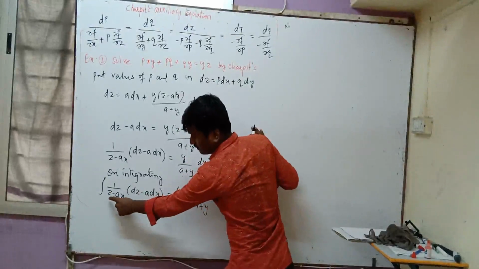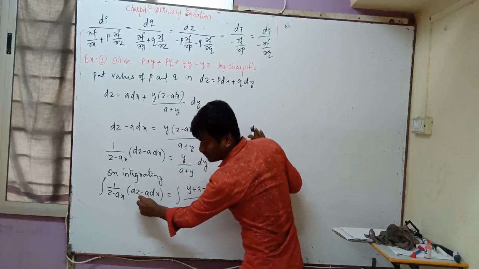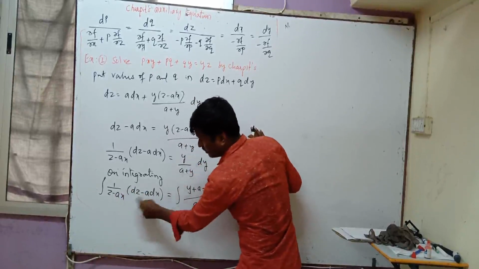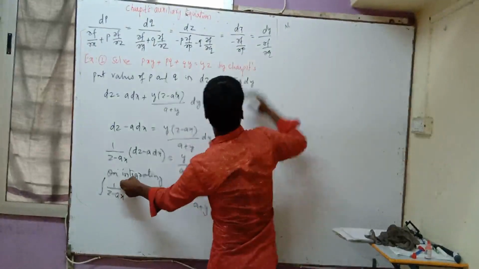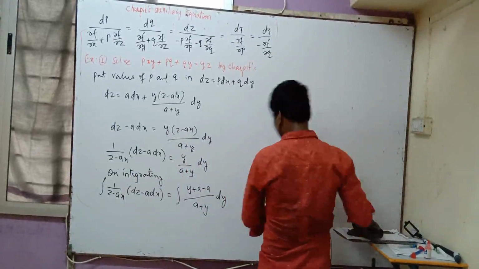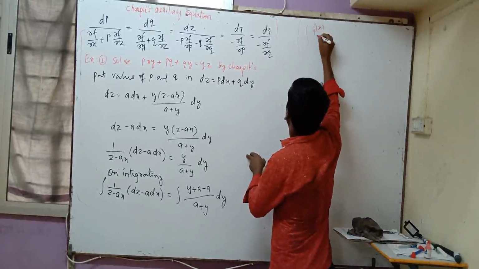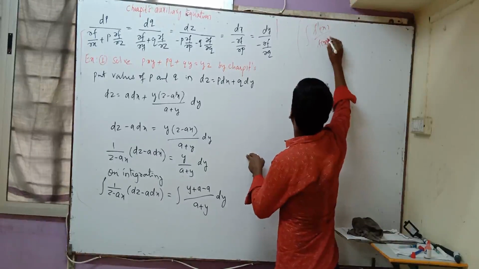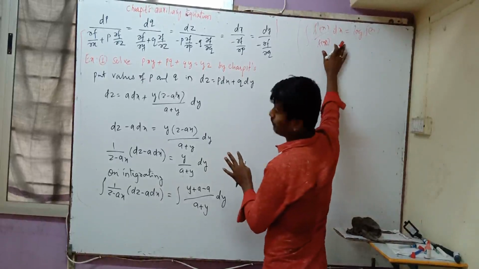So how to integrate it? Z minus ax is here. So it's z integration; differentiation of z is dz, minus a constant, differentiation of x is dx. So everything is here. It means it is of the form you studied in your PUC class: the integration of f dash of x divided by f of x dx can be written as log of f of x. This is the formula in the PUC section.